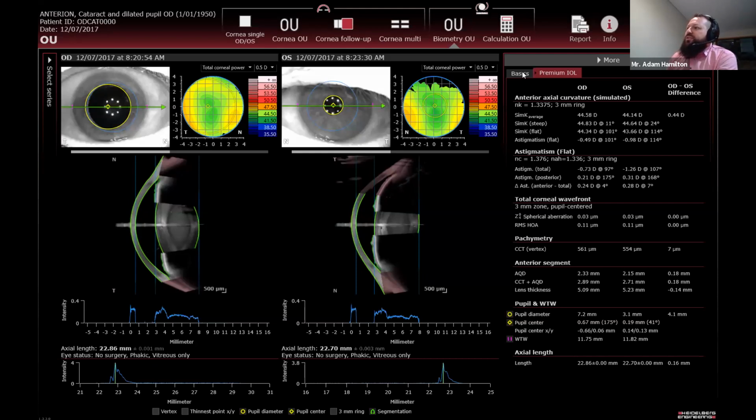Again, you've got your choice of options here, basic information or premium IOL information. And so the premium IOL information includes aqueous depth, and so that's from the posterior cornea to the lens, and the combination of central corneal thickness and aqueous depth to give what most other machines refer to as the chamber depth. If we go to calculations,